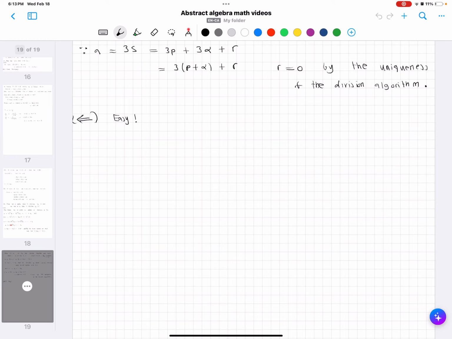So let's see question 29. I'll discuss it, and I will actually mention the idea as well. So you can actually use question 28 to prove it. So prove that